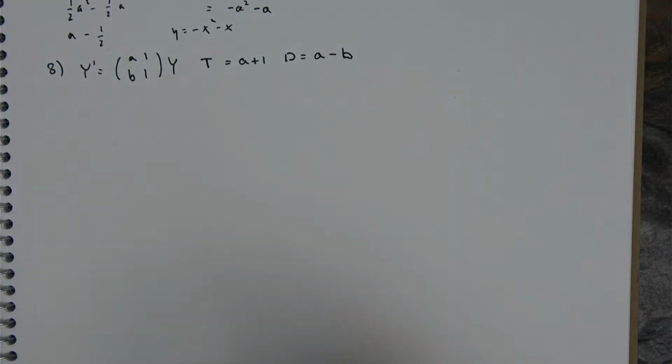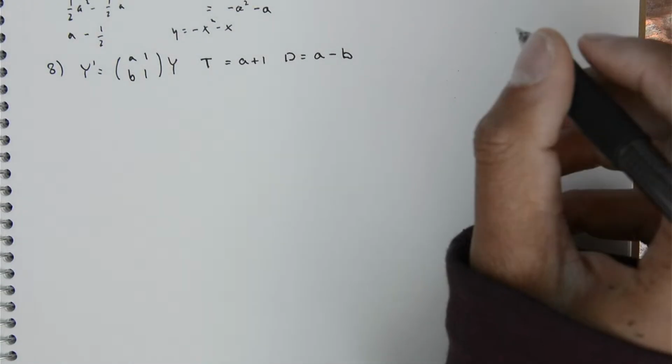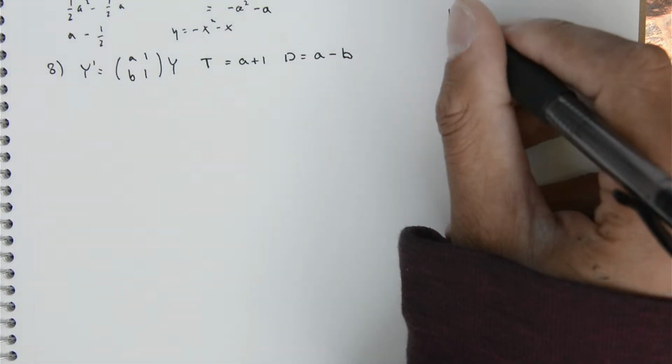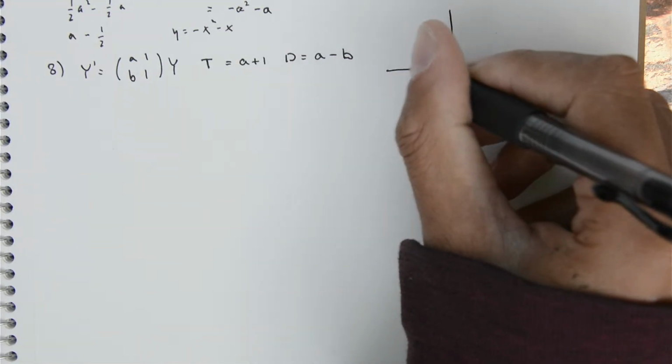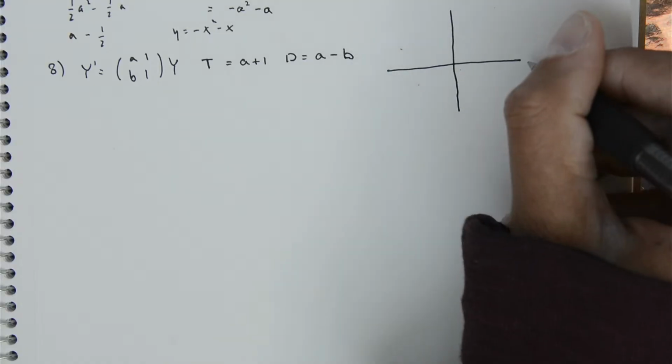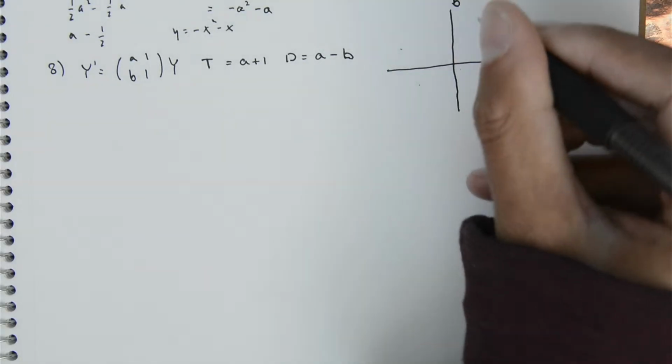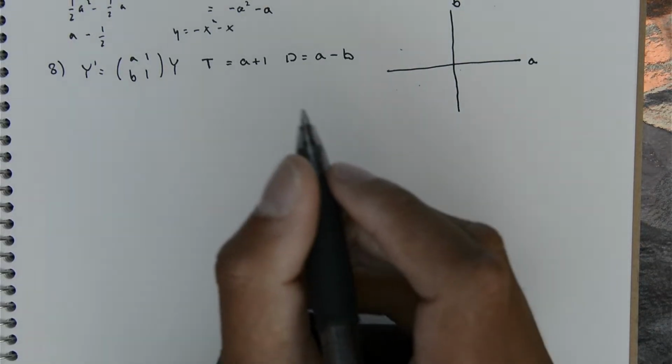Okay, so we got the determinant and the trace. Now we want to make a thing like this. A, B, and we're trying to figure out